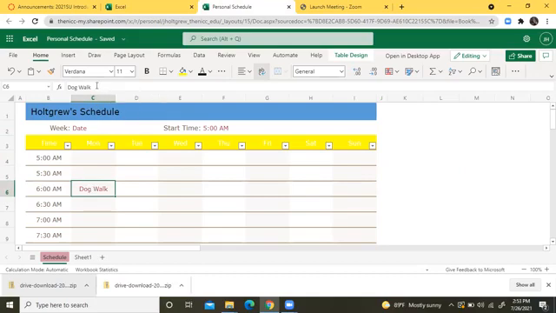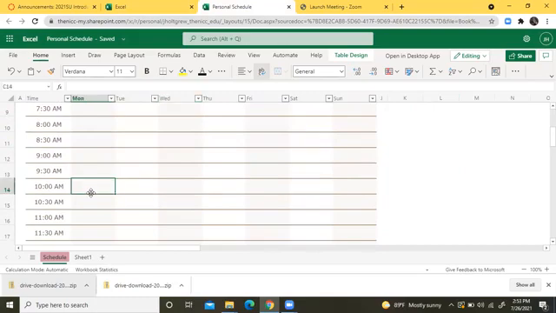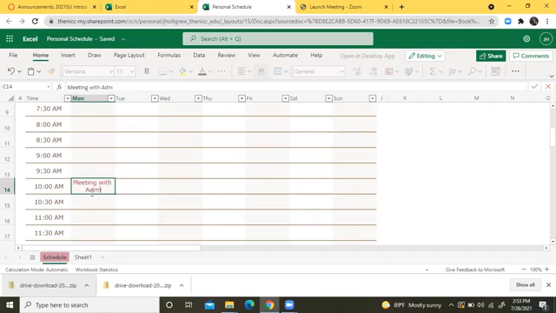So I put in here dog walk, and I am changing just, you can see this is the Monday and this is the time. So now I'm going to come down here and at 10 o'clock, I'm going to put meeting with admin. Okay, and this wraps that text around nicely,